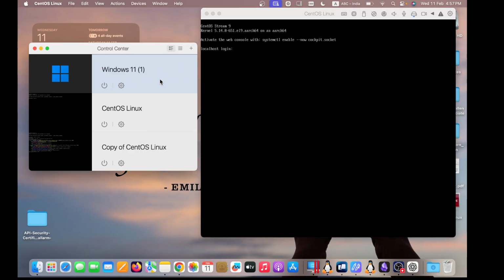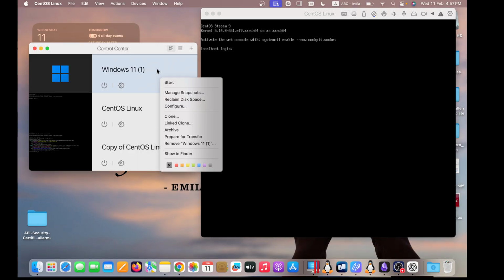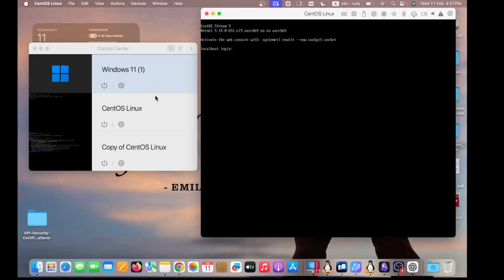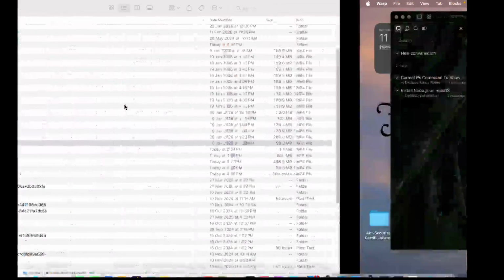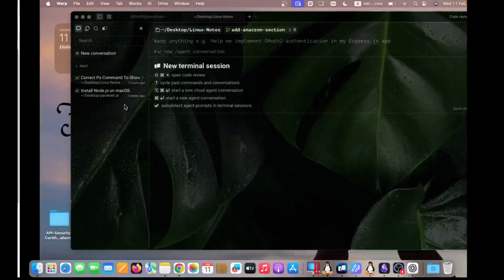But if you want to clone this Windows, you can double click here and you can see the clone option. If you hit on this clone option, then the same thing will be replicated, but your IP address will change. The same thing can be done with your Linux operating systems, by using other virtual machine setups like VirtualBox and VMware, but I'll be using this. Okay, now we have seen that